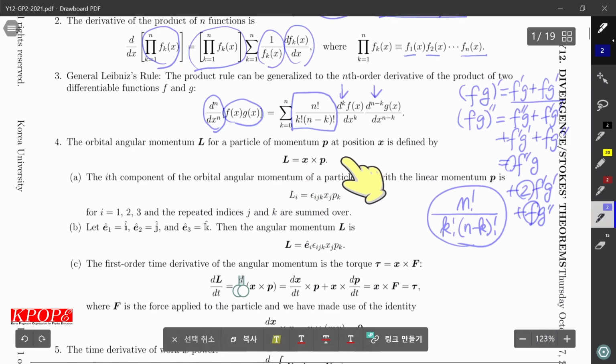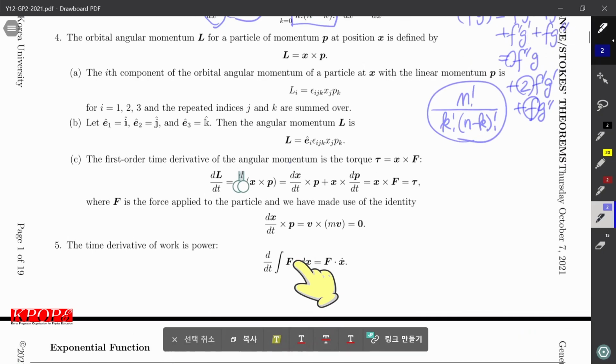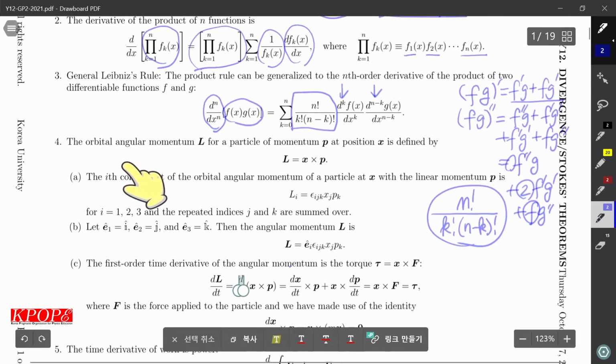Next, we deal with some cross products. The orbital angular momentum L for a particle of momentum p is x cross p, and p equals the mass times the velocity. The ith component of the orbital angular momentum of the particle